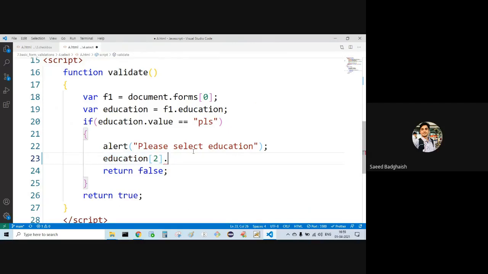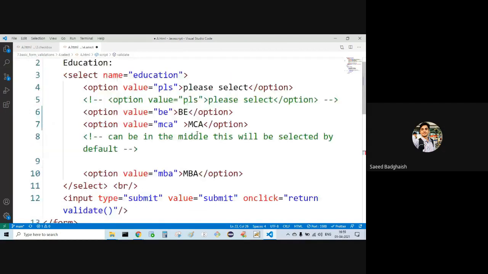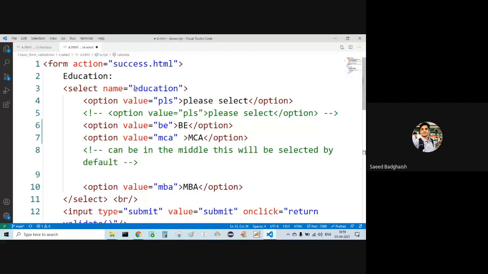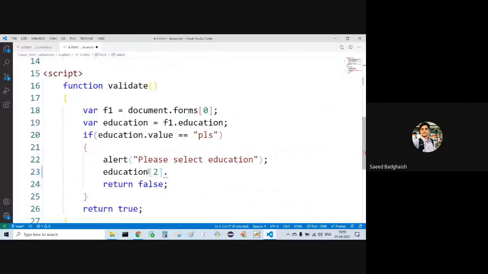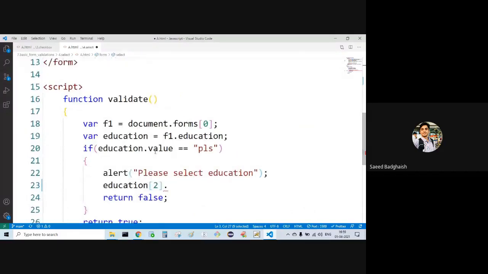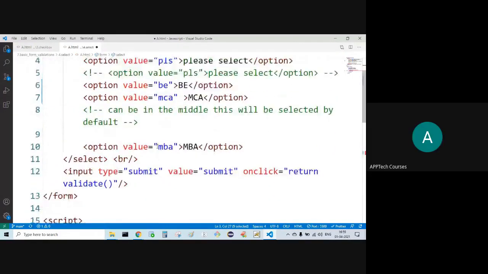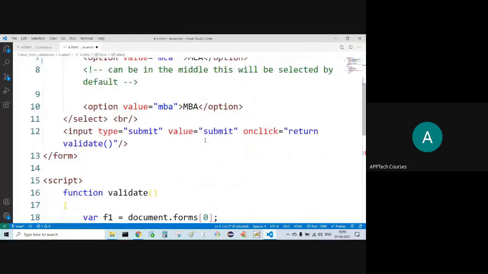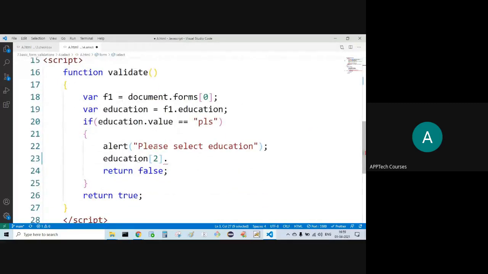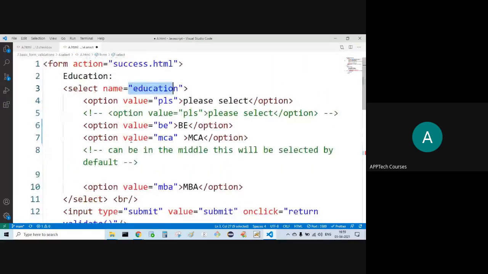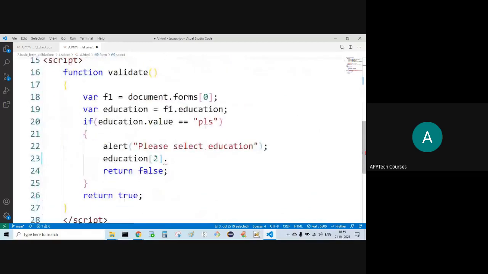Sir, maybe because we have the name only in the first option. Yeah, name here is education. Maybe because of that, sir. Yeah, name is education. Then here what I'm specifying, education. Here and then here, all the options I can use for this array, right?